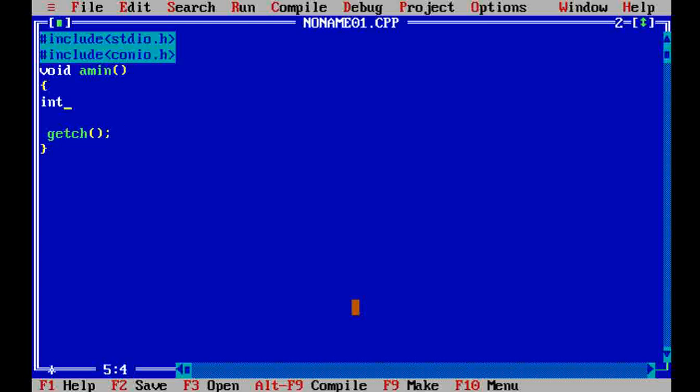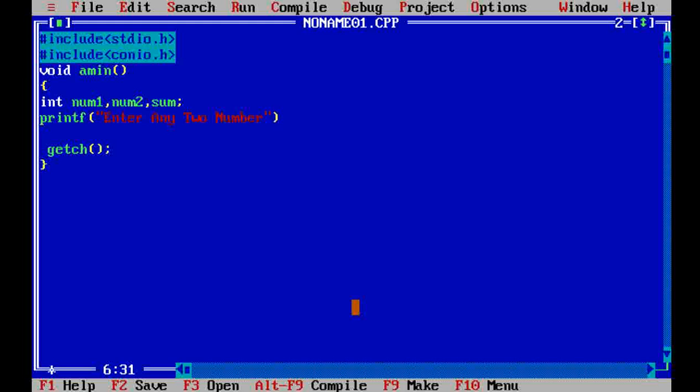For our program we require two numbers, that is number 1 and number 2, and for the result we use the sum variable, and that data type is integer, so we write here int. Then we take two numbers by using the printf function, so we write printf enter any two numbers.